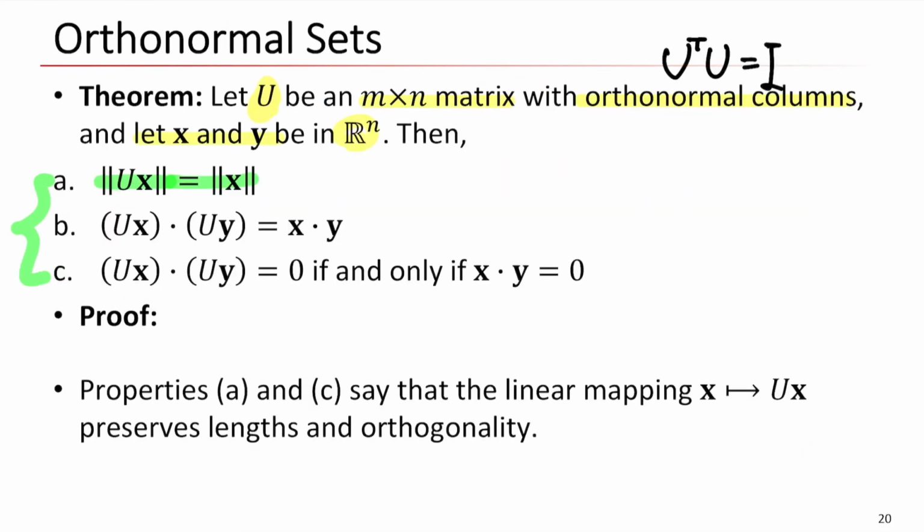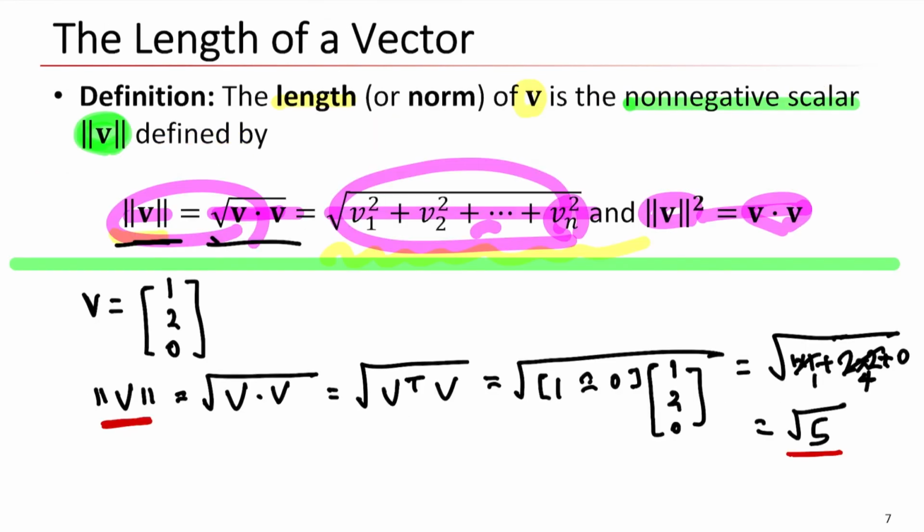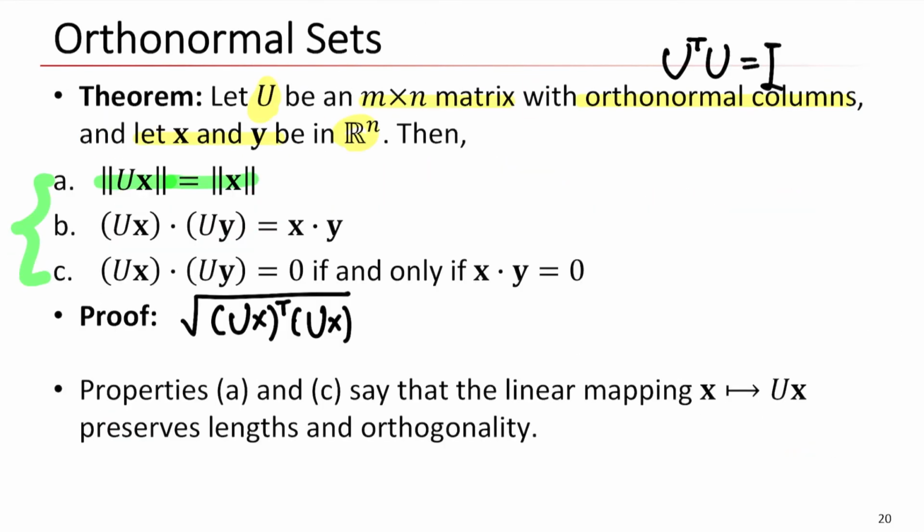So the squared length of Ux is equal to (Ux) transpose (Ux), because this is the inner product, right? So by the property of the transpose,